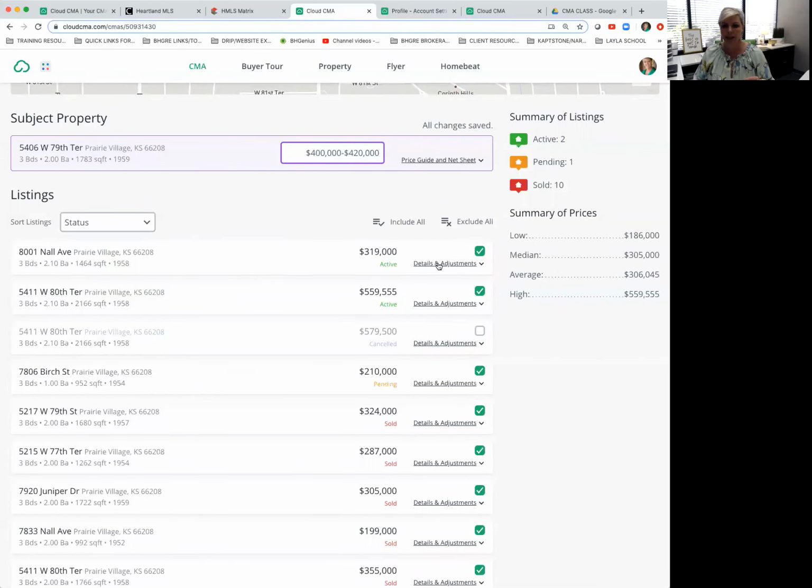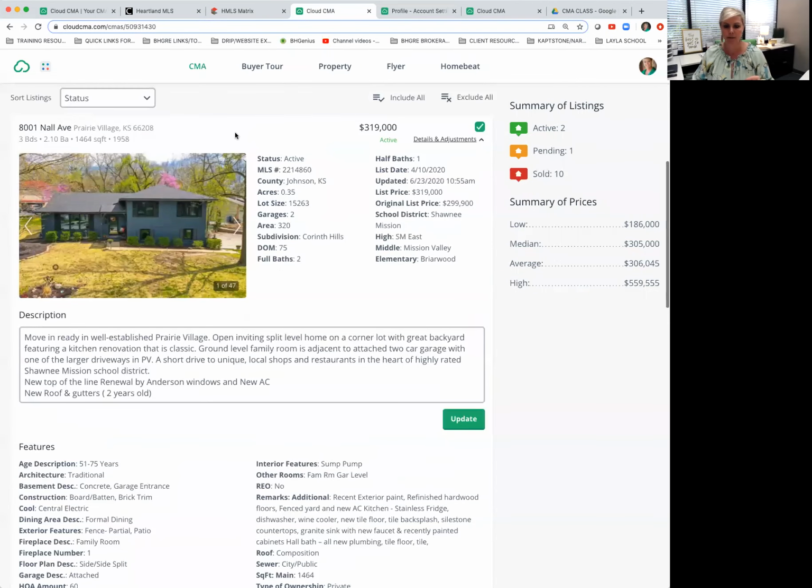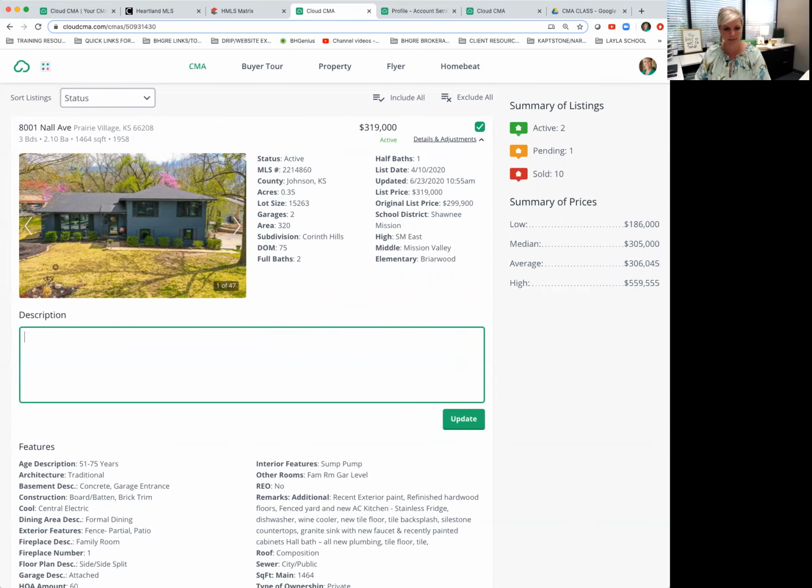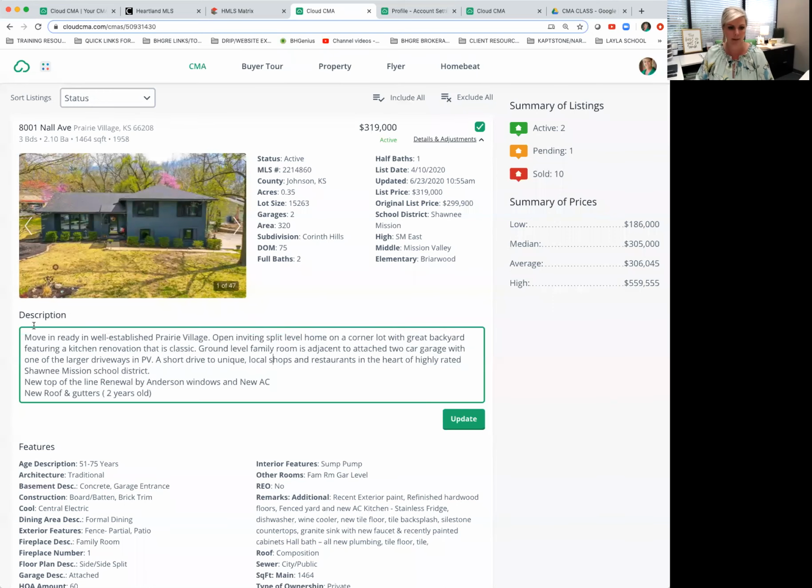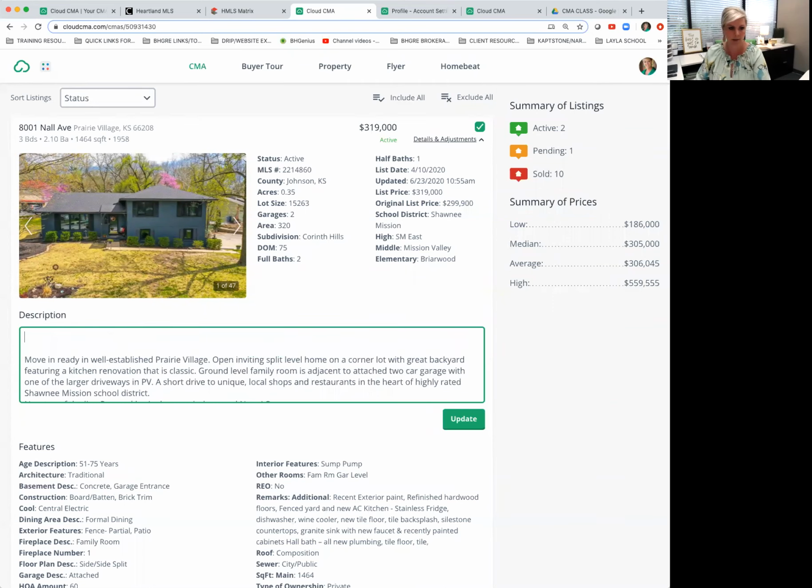Other thing to show you here, details and adjustments. If you pull this, it's going to pull your full detail on these. The cool thing about this is this is the MLS remarks. Look what I can do. Delete. And I can put my own remarks in here. I can put information that I have about this house. If the roof or HVAC was updated, how it compares to my subject property, or I can leave all of the MLS remarks. And maybe I just want to put my notes